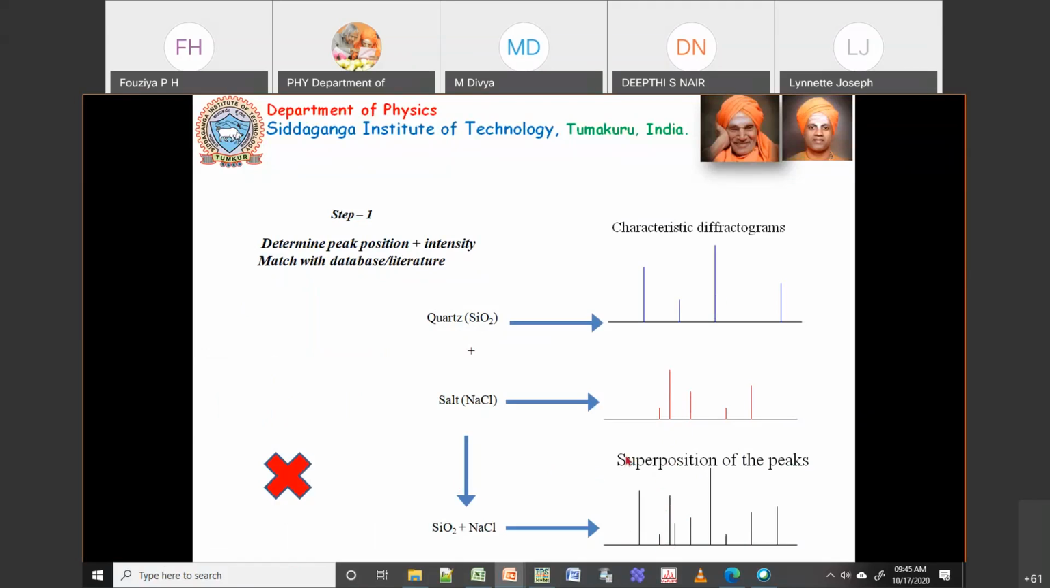Then the intensity actually depends on the concentration of your phase. Okay, so I will call this your SiO2 phase, and this I will call the NaCl phase. Now if I mix both in a similar ratio, then I may get the same intensity. But if I take 1 gram of SiO2 and 0.1 gram of NaCl, then what happens? Instead of getting these high peaks, the height of the peaks would be smaller